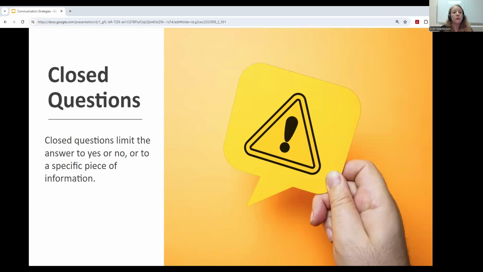If you use closed questions and it shuts down the conversation, you can simply use an open-ended question to get things going again, to continue the conversation. So an example could be, do you like the Flaming Ducks hockey team? And the person's like, yeah. So that kind of stops it right there. Then you can ask, oh, cool, who's your favorite player? And then it reopens the conversation again.